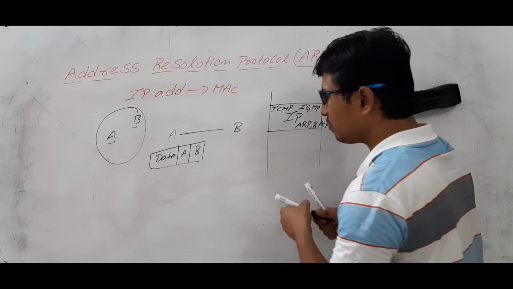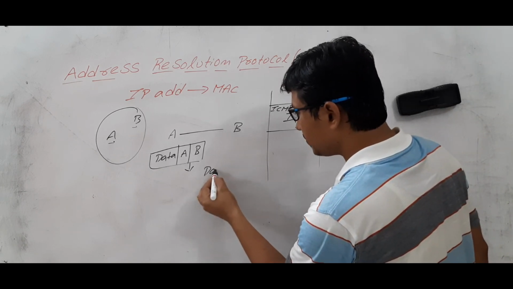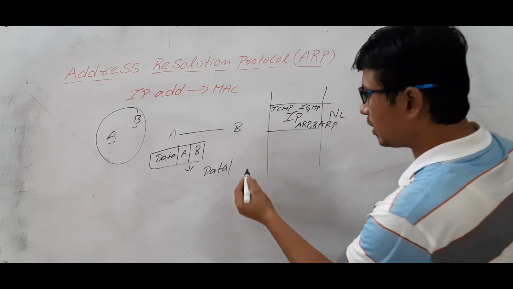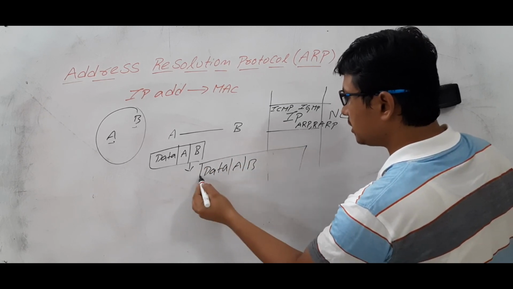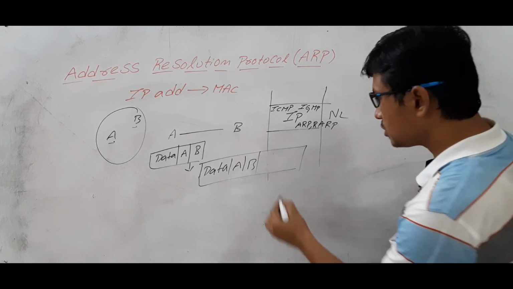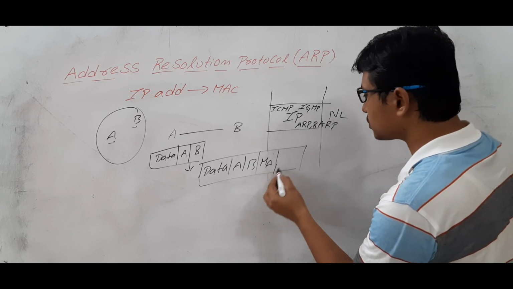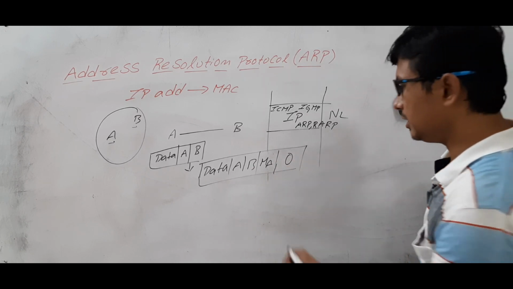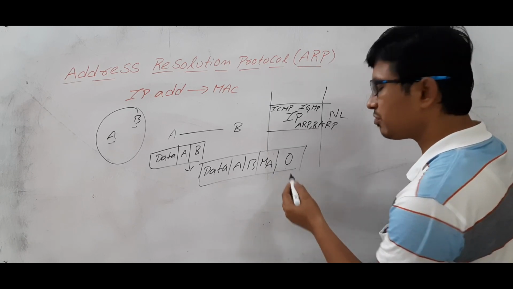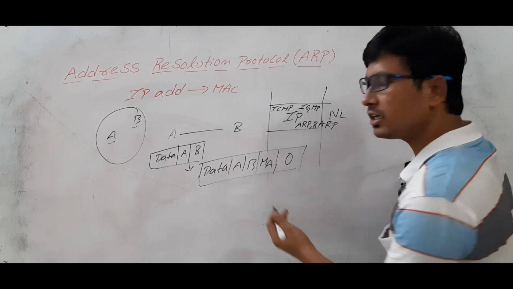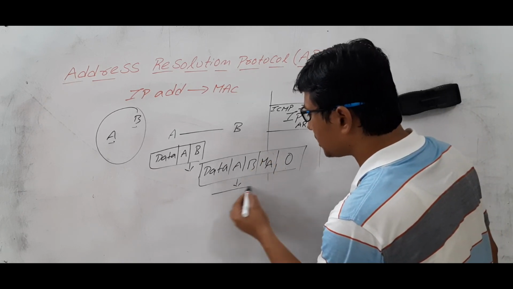So this packet will come to the ARP. Now ARP has to keep the data, whatever information it has got, A and B. It has to keep the source MAC address and destination MAC address. It does not know the destination, so it keeps the value 0. It knows the source MAC address but not the destination MAC address, so it keeps 48-bit zeros, and here it keeps the 48-bit source MAC address. Now this information will come to the data link layer.